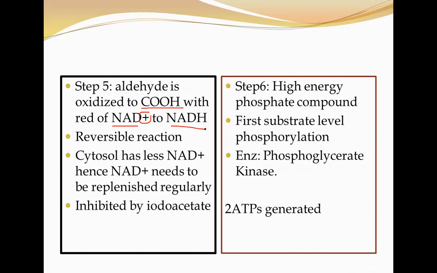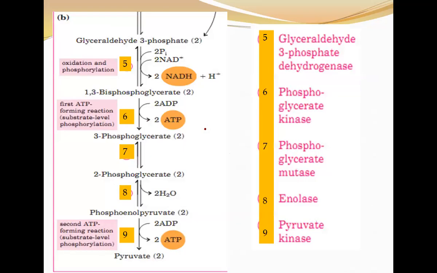So basically what happens in the fifth step, you are doing two things. One, you are oxidizing glyceraldehyde to glyceric acid. At the same time, you are generating NADH. And from the cytosolic inorganic phosphate, you are phosphorylating also. It is a reversible reaction and it can be inhibited by a compound called iodoacetate, which is one of the most important, a challenging drug trial going on to see if this can be used as a cancer treatment as well. Let us go back to the structure to know a little more in detail.